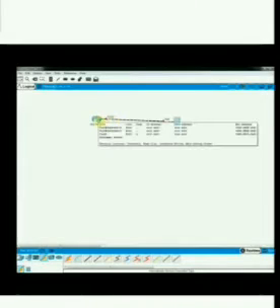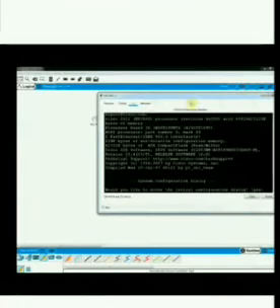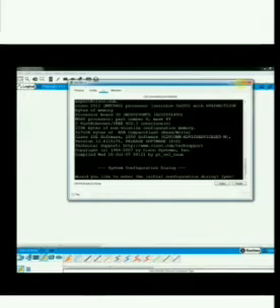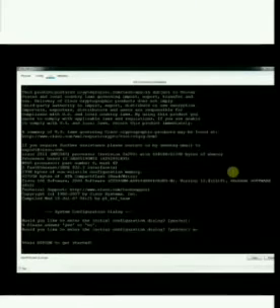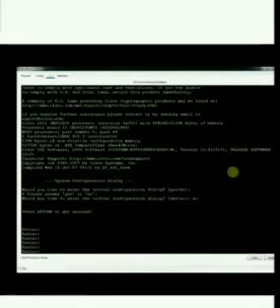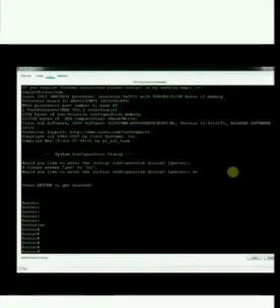Now we are going to assign the IP address for the port F0/0. How will we configure it? We need to click this router, then click CLI mode. Then you will have this window. Let me maximize this window. You will write no and then press enter, so you are in the router mode.